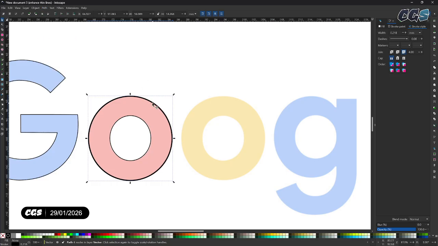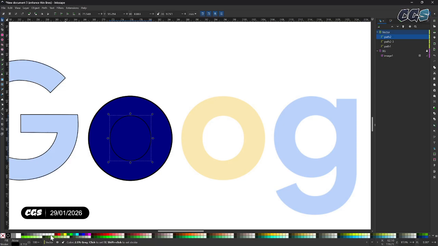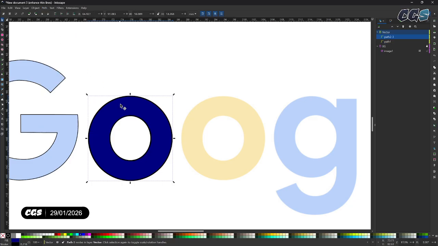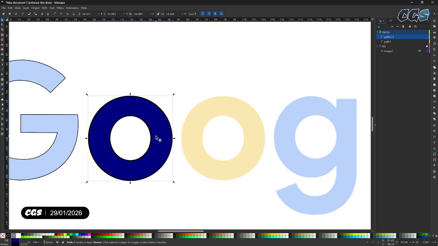So the best way to do this is make sure you have a color on this one, as you can see. And if you go to the layers, you can tell this one is on top, so we want this one at the bottom. Maybe you want to change that to white, or a different color, just to see the effect. So what you do is you select these two and then do a difference, and you can see a new shape has emerged. And now Control C and V,